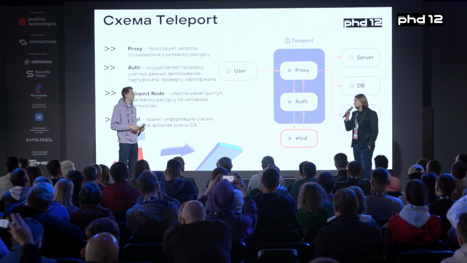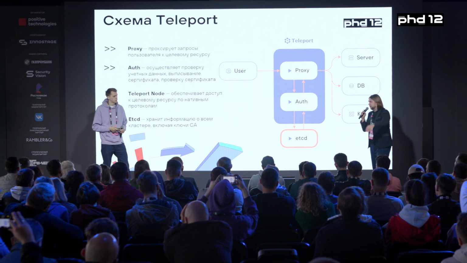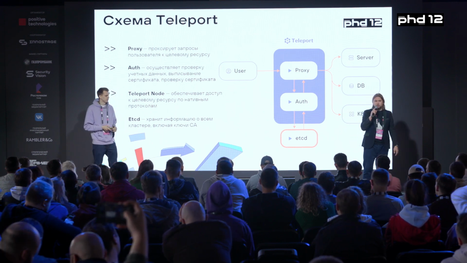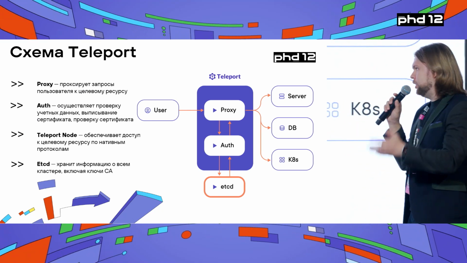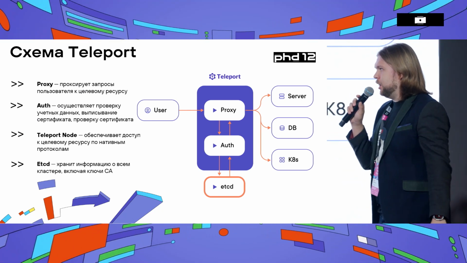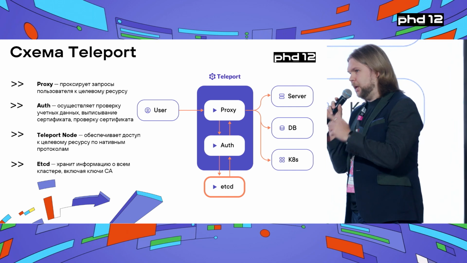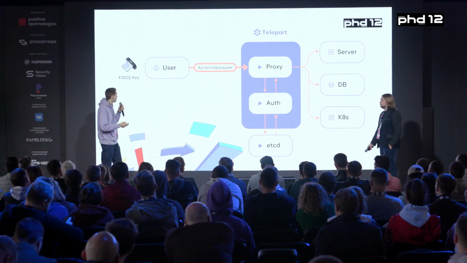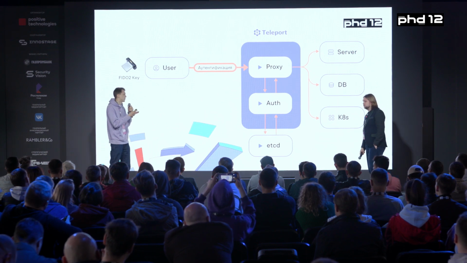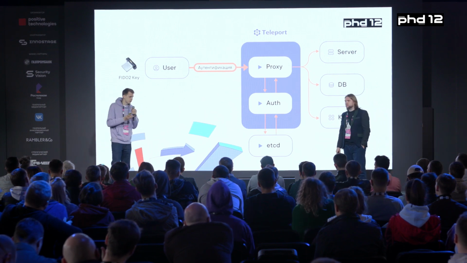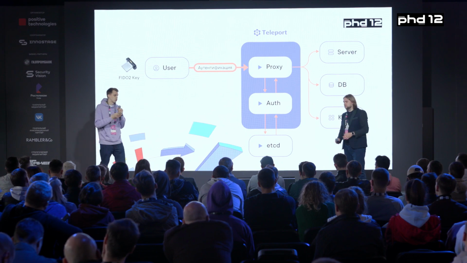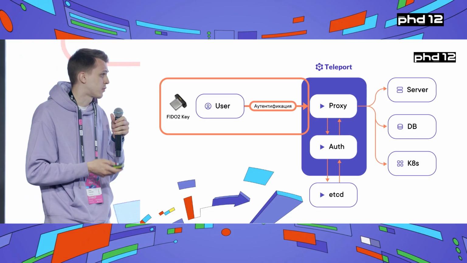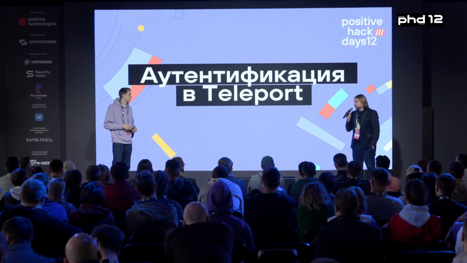And the last thing is the distributed database, or etcd, which keeps the data about the whole cluster. It keeps the whole system information that is needed for the functioning of the cluster itself, and also keeps the keys for CA, and I will tell you more about that a bit later. As I said before, the customer would interact with all the end users. He has to do prior authentication. So what is so complex about authentication?